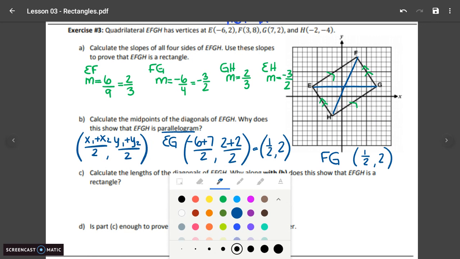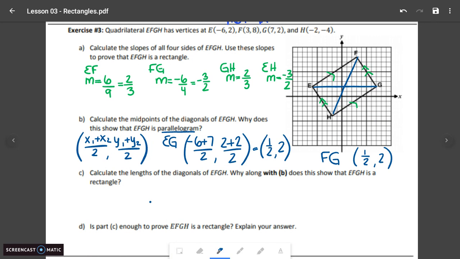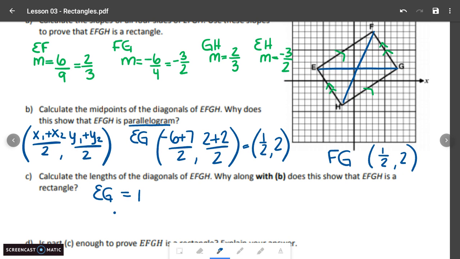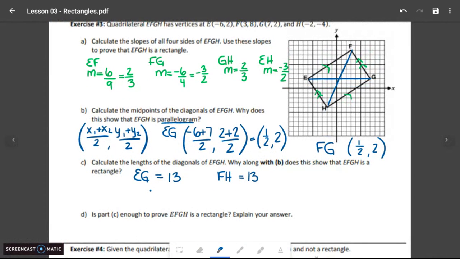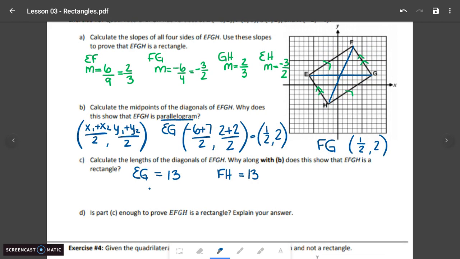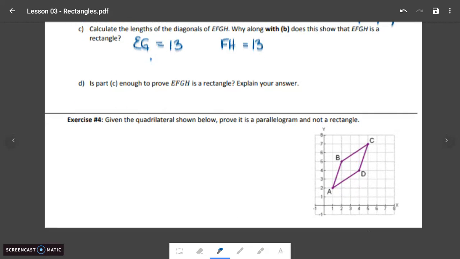If we were to calculate the next part here in the lengths, what's nice about calculating the diagonal EG is that you can count. It's on a straight horizontal path, and when we count that, it's going to get us 13. And if you were to use the distance formula, which you would have to show for FH, it's still going to get us 13. Together, it's enough to prove it's a rectangle because you're showing it's a parallelogram with those special properties. Okay. The final thing that we could have is something